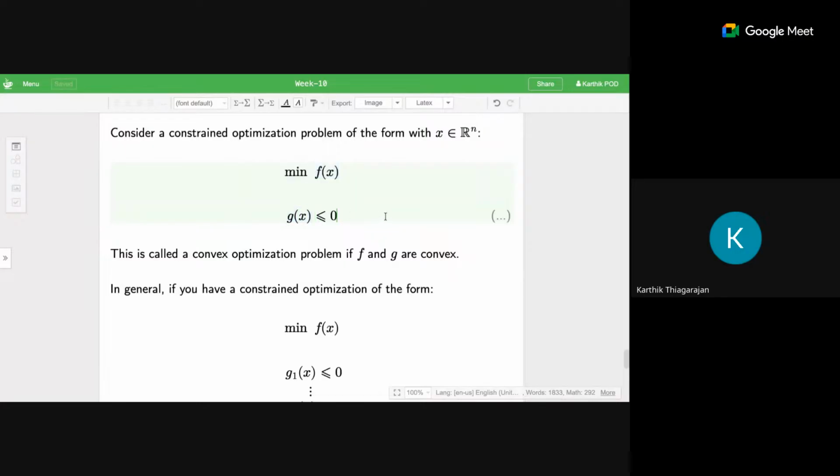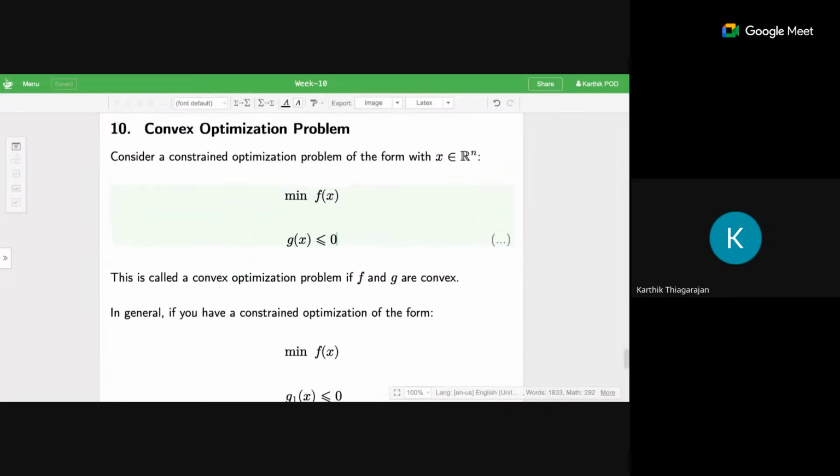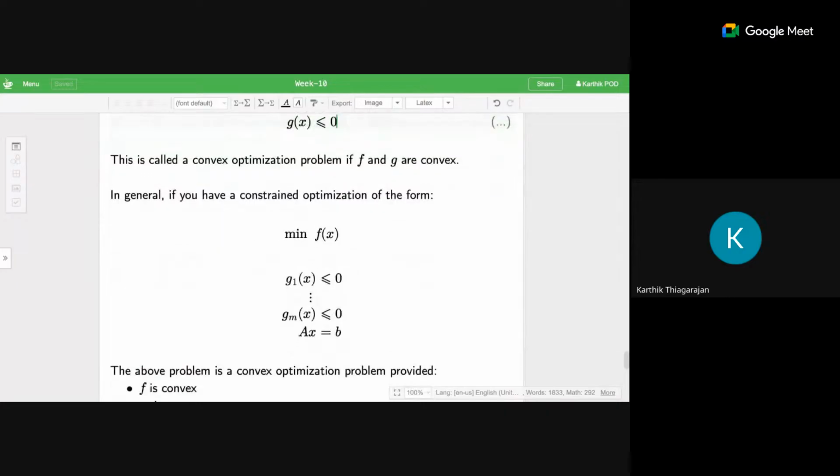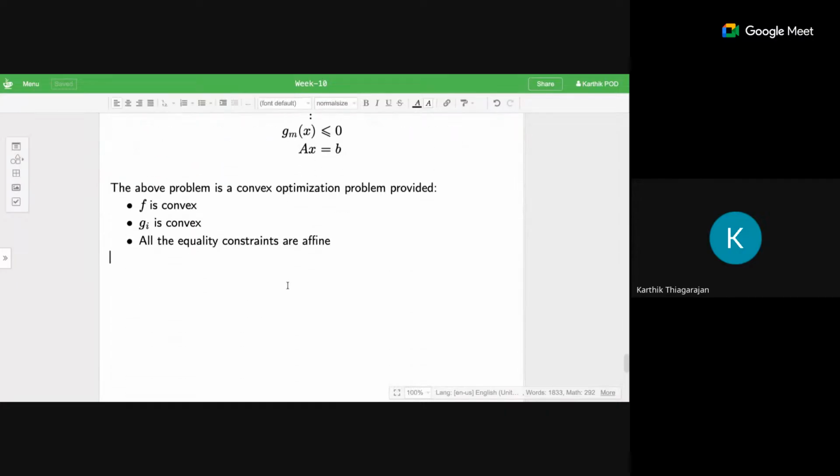Is this clear to everyone, what we mean by a convex optimization problem? I hope it's clear to all of you. Once that is clear, we'll go ahead and look at what are called the KKT conditions corresponding to a convex optimization problem. Why are we studying convex optimization problems? The reason is they are very popular in